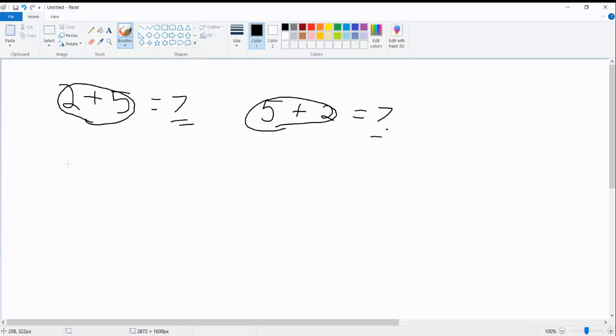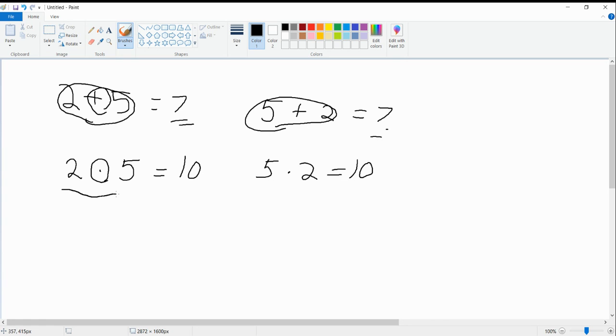Likewise, if we have 2 multiplied by 5, we know we get 10. We can also switch these around and have 5 multiplied by 2 to get 10. So for addition and multiplication, we can put our numbers in either order and our answer will be the same. That is going to be the commutative property rule. So if we clear this off here,